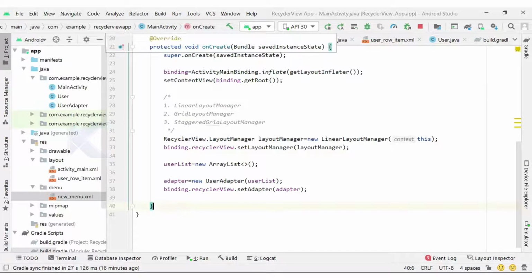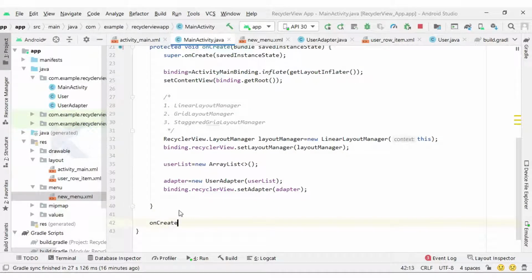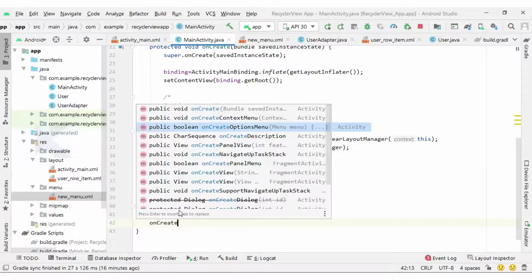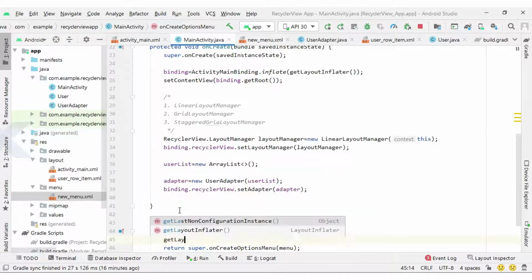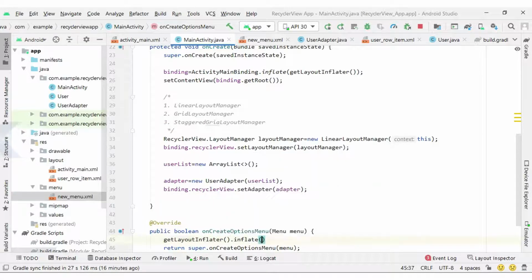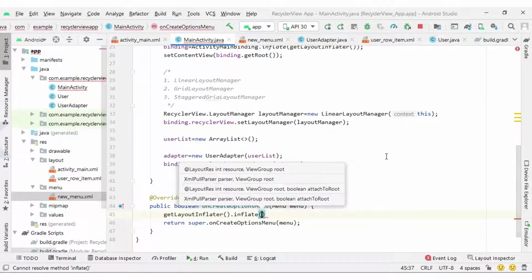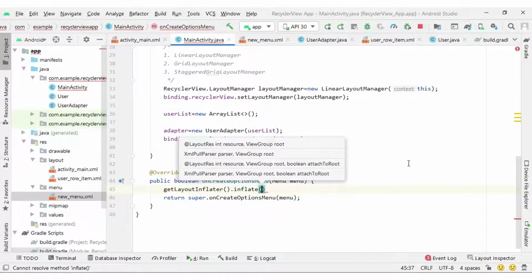For that you can override the onCreateOptionsMenu method, and inside it we can write getMenuInflater().inflate. This is the code to attach our menu resource file with our activity.